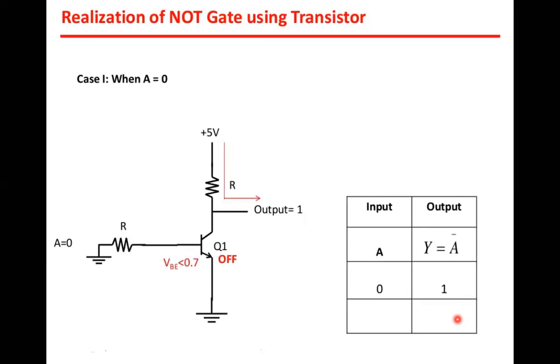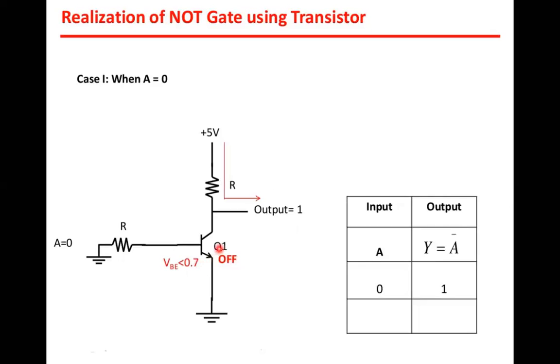Now let us consider the first case, A is equal to 0. Now this is a 0. So what is happening? This particular transistor is in an off state. It means it's quite simple. When V input is low, that is, base voltage is not present. When I say that this is 0, it means there is no base voltage. So when there is no base voltage, the transistor is in cutoff. So I can say in this condition, the status of this particular transistor is the cutoff region.